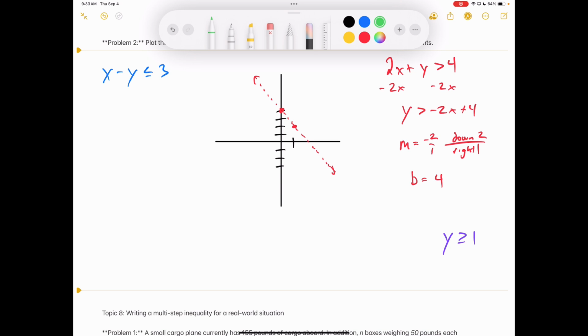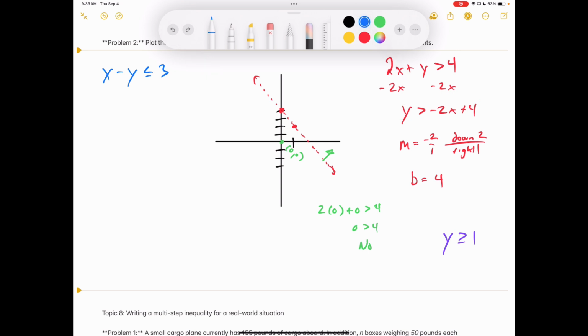It's greater than, so I should shade above, so I'm probably shading over here, but let's check it. We'll plug in 0, 0. So 2 times 0 plus 0 is greater than 4. 0 is greater than 4. That is no. So I shade away from 0, 0. So I shade above the red line, to the right of it. That whole looking at it and guessing which side to shade only works if it's in y equals mx